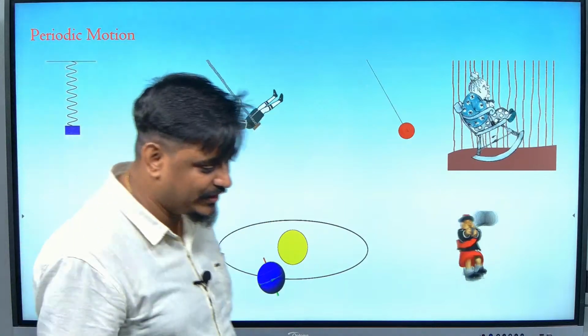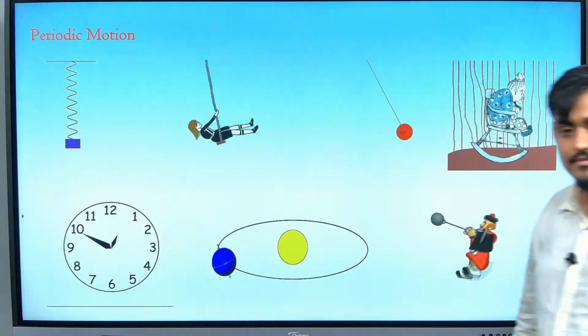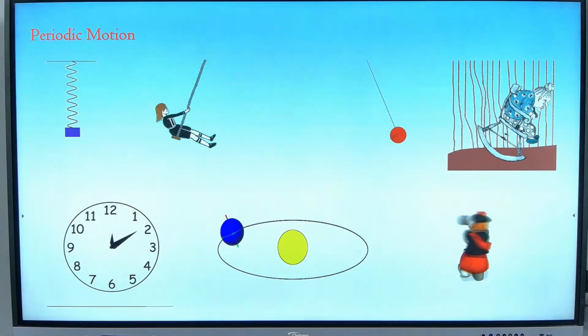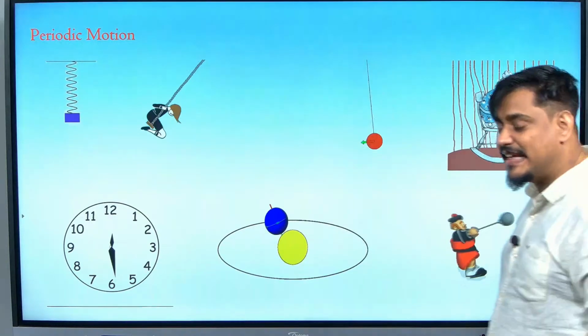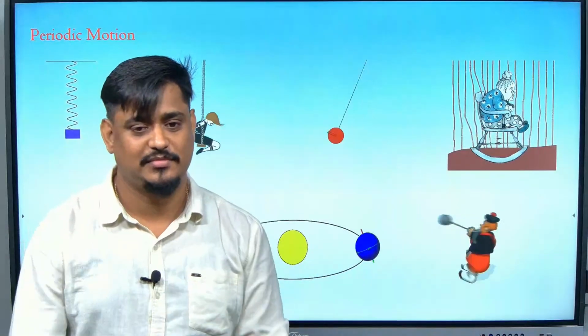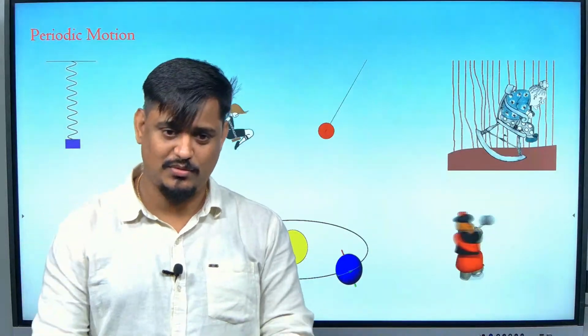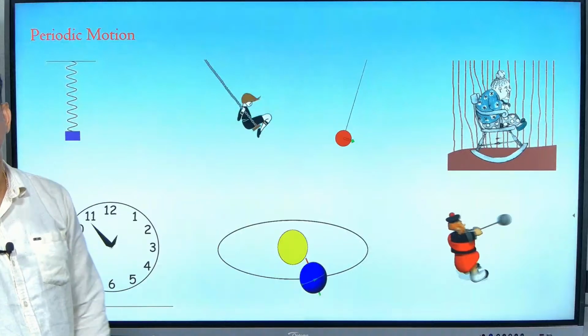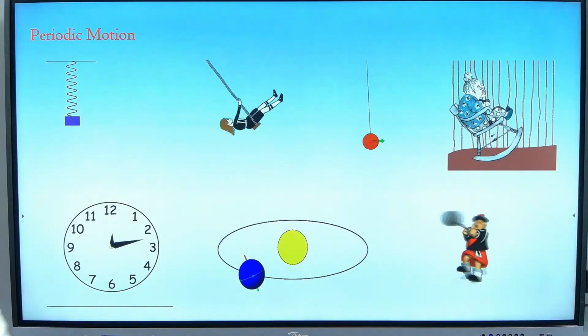Not new for you. Yes, just tell me. So it need not maintain the same speed, right? If it is not maintaining the same speed, then how will it cover the same distance in the same time? Obviously it will have the same speed. If it is varying speed, it will take less time to cover, no?